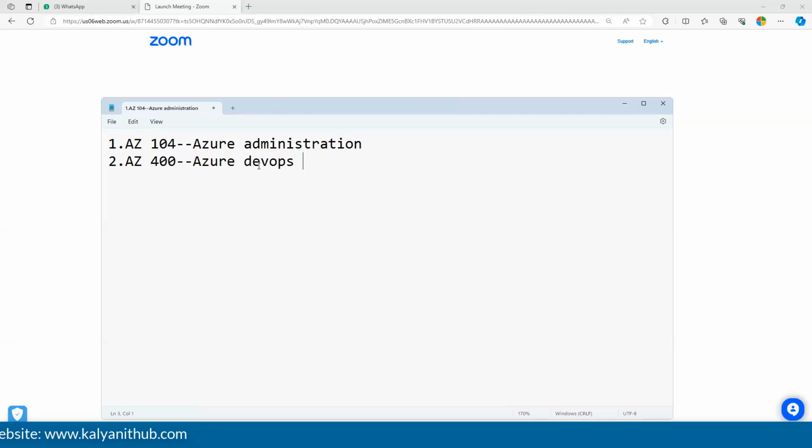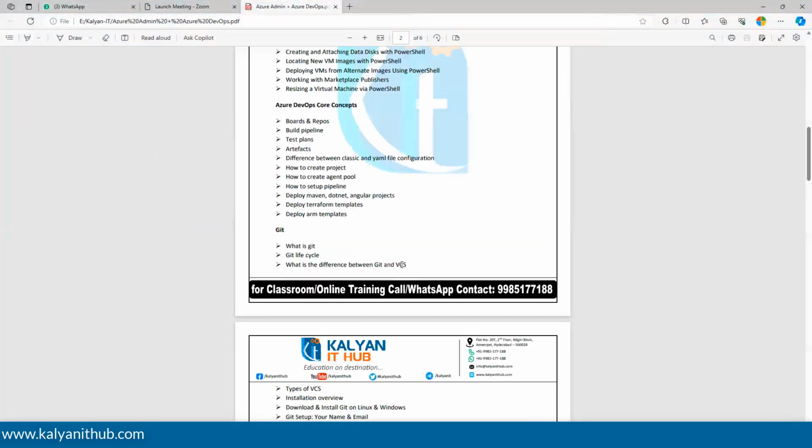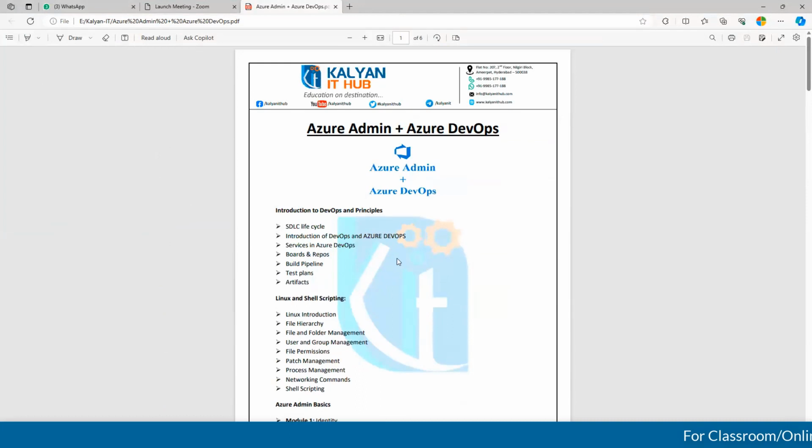So I am going to cover these two administration syllabuses. First, I am going to discuss AZ-104. This is the certification paper, and these are the topics we have for Azure administration and DevOps.